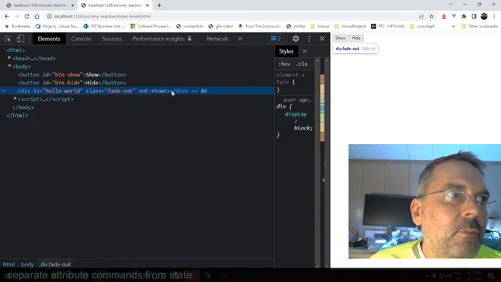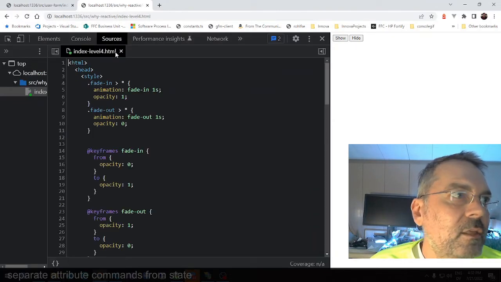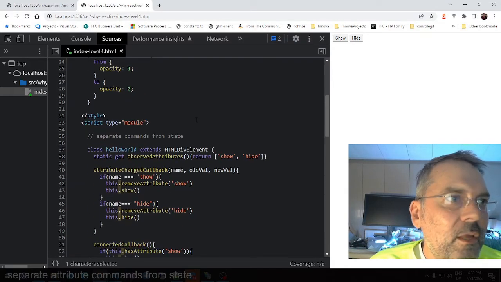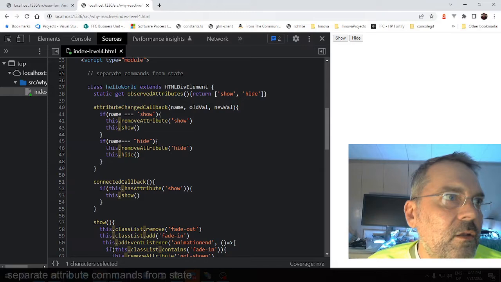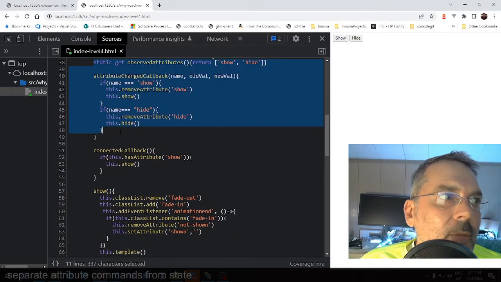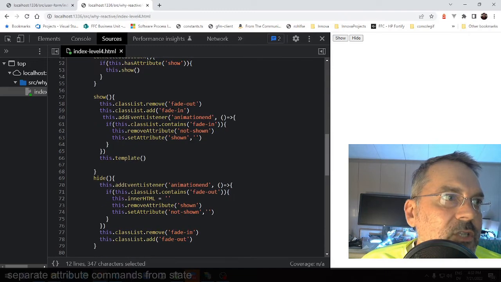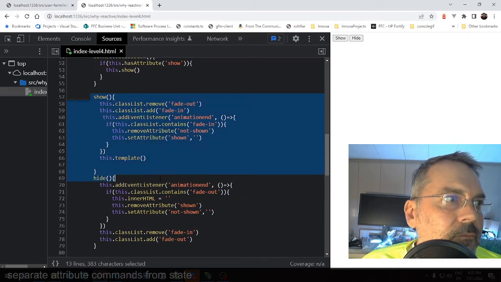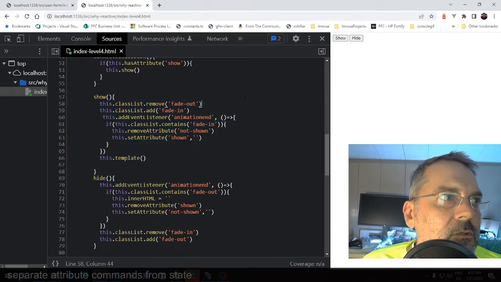In this example, I want to show you why I'm doing that and why that's kind of important. Because it's doing an animation, I think this is the easy way to do it. So I have a fade in and fade out, traditional stuff. I don't want to get into that. There's plenty of websites on all that. My attributeChangedCallback is the same as in the previous example, but what's changed here is my show and hide methods. When something calls show,